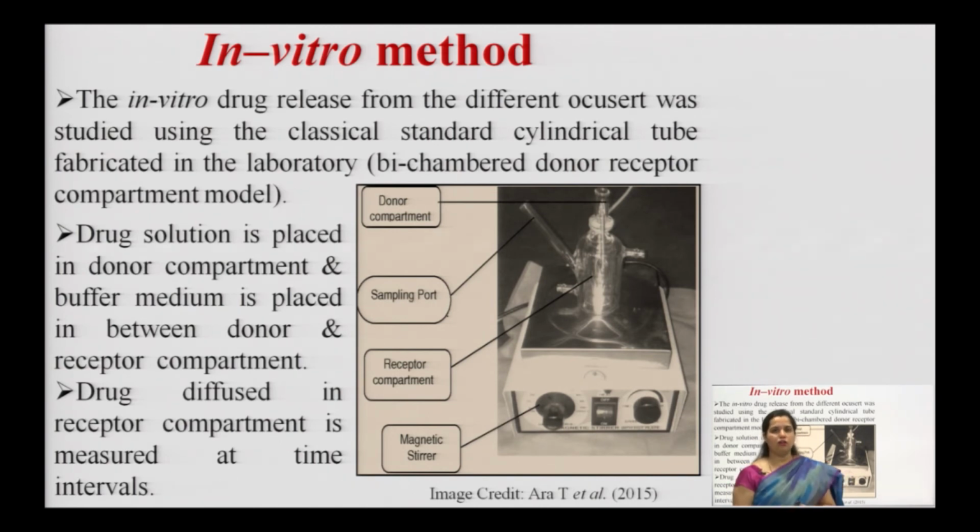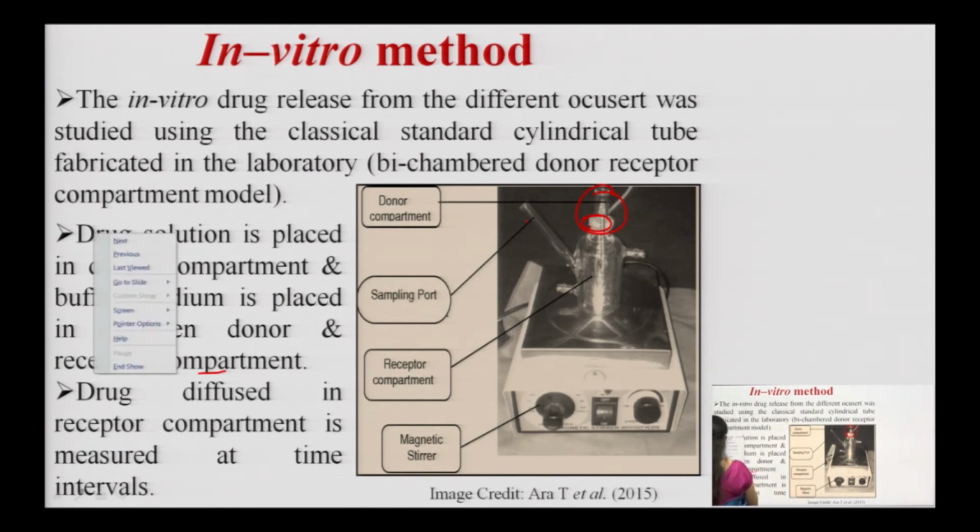Basically, we can say that the donor compartment has the drug formulation, from which the drug is released with time to the receptor compartment, and we have to evaluate the samples collected from the receptor compartment at particular intervals. So, you see this is the assembly where the donor compartment is here. In this area the film or patch you have prepared has been put, and this is the sampling port, and this is the receptor compartment.